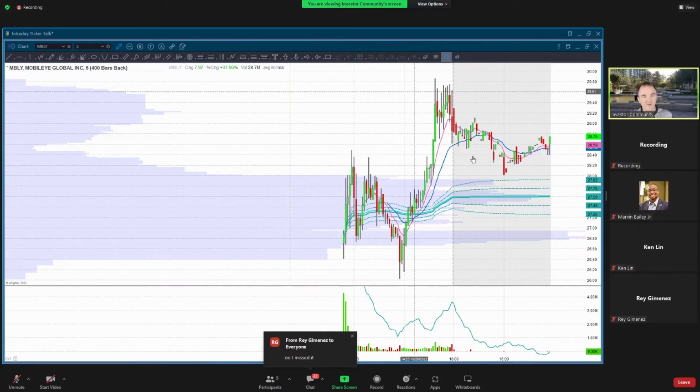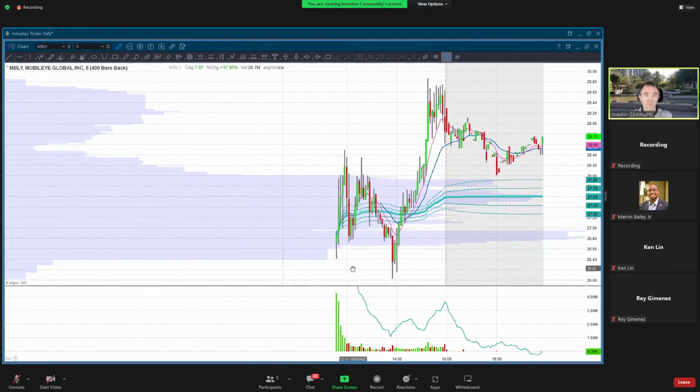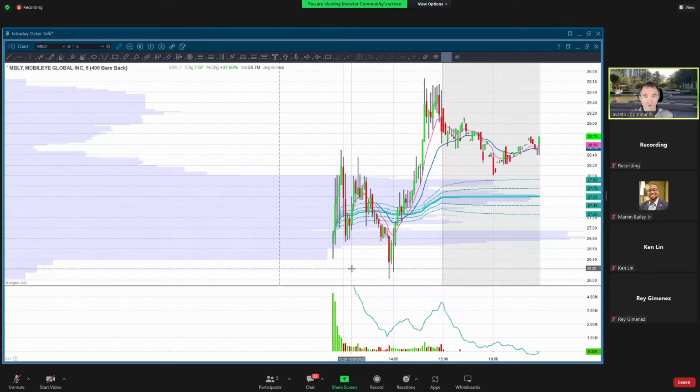I missed the entry on this. So I put orders in down near its IPO price, which was $21, and I put some orders in that area. But it opened higher than that and went up, so I didn't catch any of this. And I thought, if this pulls back down to the opening price of around 26.70 or so, that'd be a good area to buy. But I was focused on something else at that time. Like I said earlier, I had a lot of trading going on. So I missed it when it got down in here.